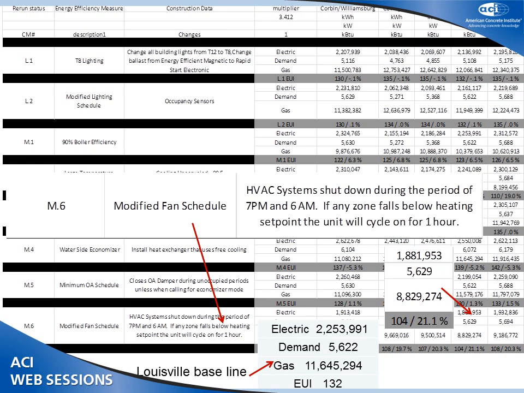For instance, if we shut down the HVAC systems during the unoccupied periods in the school system, that's really easy to, or school building, that's easy to identify, 7 p.m. to 6 a.m. And then simply running the HVAC system when we have that set point hit a temperature that would require heating or cooling. And we were able to get a 21% reduction in overall energy use by that building using that.